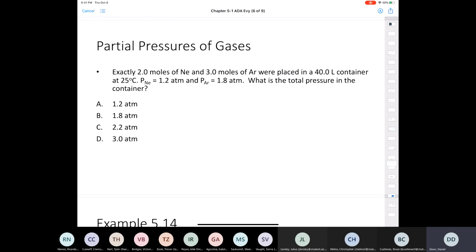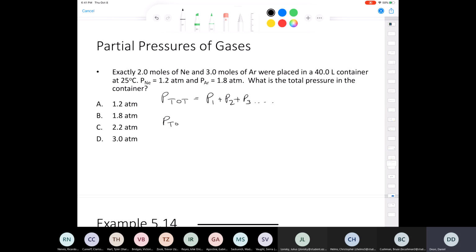Take another look at a problem that deals with Dalton's law of partial pressures. Exactly 2 moles of neon and 3 moles of argon are placed in a 40-liter container at 25 degrees Celsius. It gives us the partial pressure of neon and the partial pressure of argon as 1.2 and 1.8 atmospheres respectively. What's the total pressure? One of the easier problems that you'll see in this class, as long as you know Dalton's law of partial pressures, which is